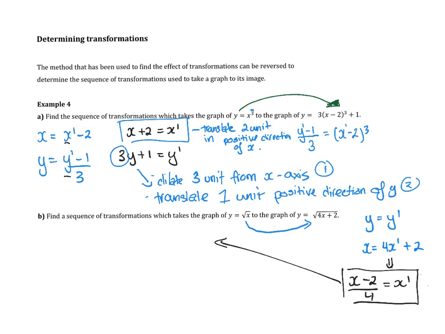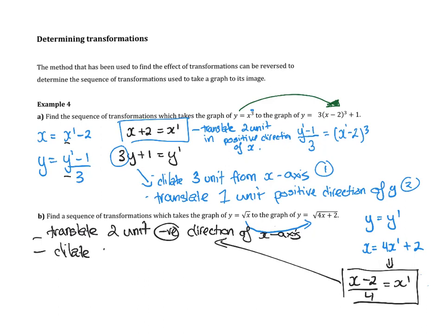So we've got to explain these transformations. The first thing I did was I translated negative 2 units in the negative direction of x axis. And then if I've divided by 4, or could I say times by a quarter? Yeah? Can you see that's the same? If you times by a quarter is the same as dividing by 4. So I'm going to say I then dilated by a quarter unit